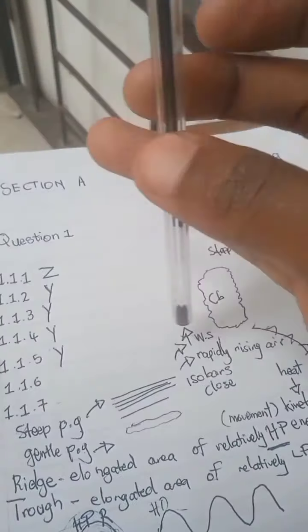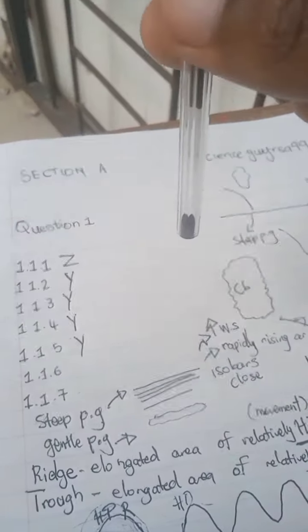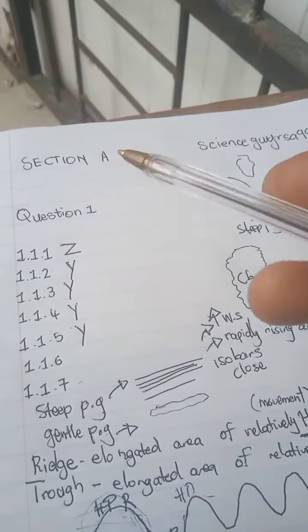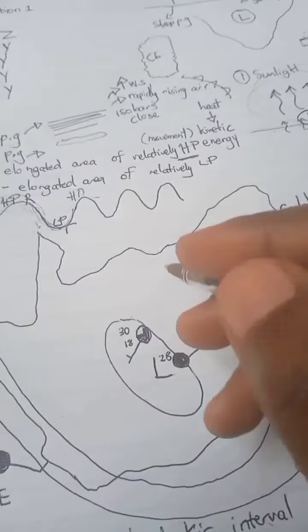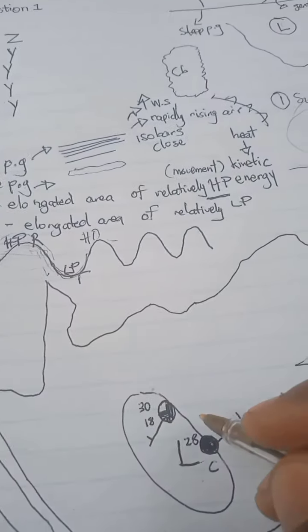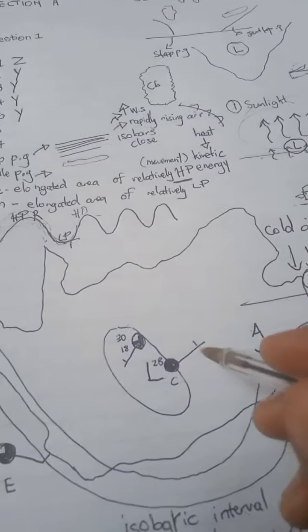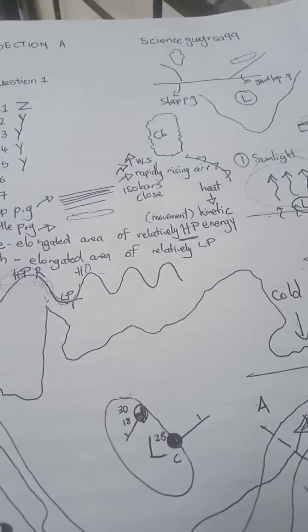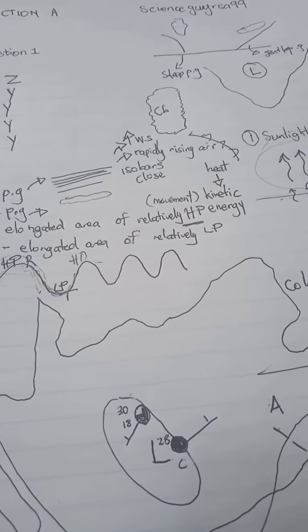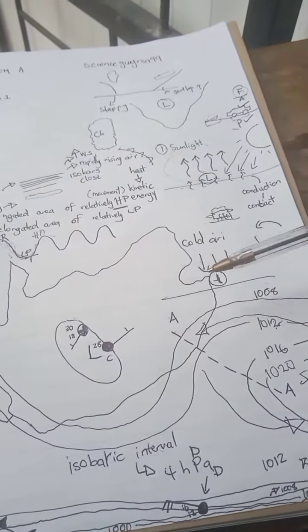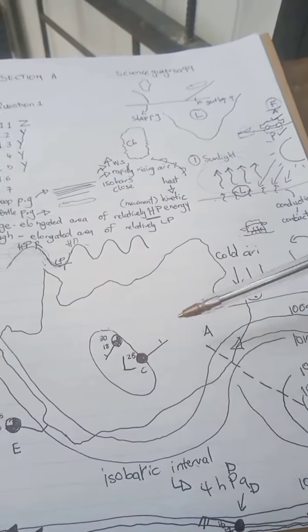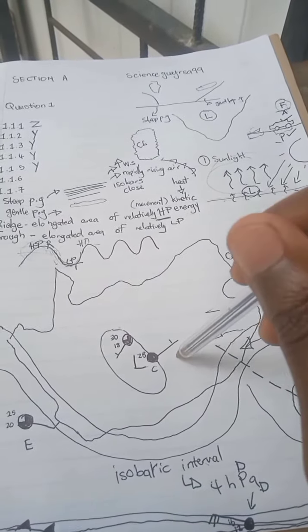When you have rising warm air, which of course results in condensation, then formation of clouds, then rain. So why do we have that at C? Remember, C is at the interior. Illustrating here, there we have C. It's at the interior of the country, and as you can see here, we talked about the northeasterly winds. They approach coming in from the northeast.